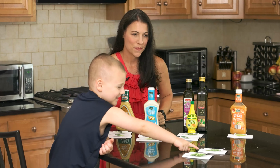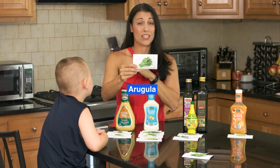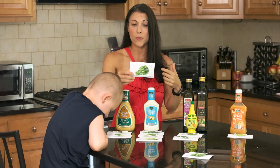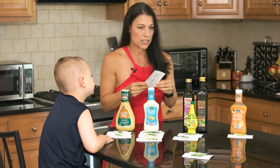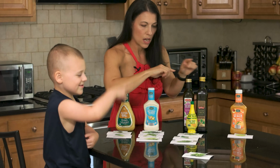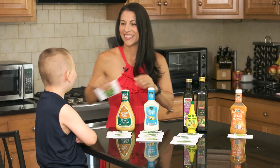That one? Oh, that one has a rubber band. Now this one looks a lot like one of the other ones that we've dealt with. This is arugula. Arugula will wilt under a thick dressing. You definitely want to keep it light on this one. So something that'll bring out the peppery flavor, but not kill the crispiness. So let's say one of the vinaigrettes here, something kind of light. And last but not least,